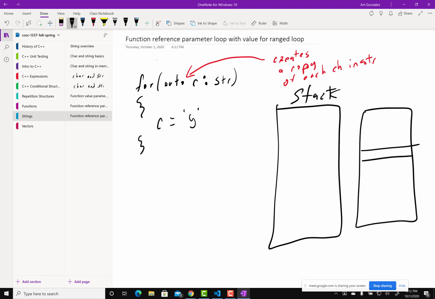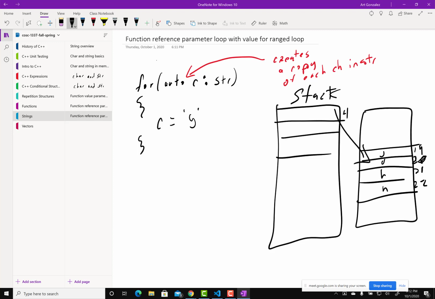So we have JOHN at some address here, right? Like whatever, 21, 22. This is pointing here, X19 or something like that. So each time it's looping,